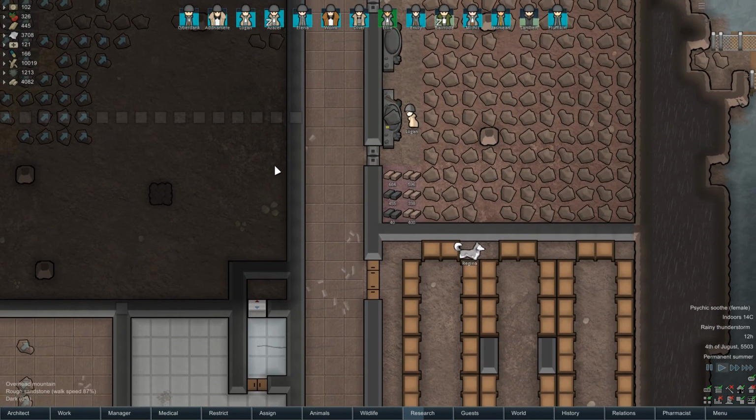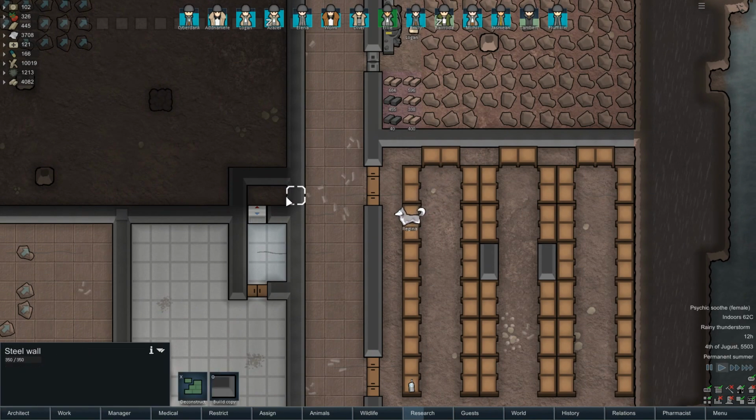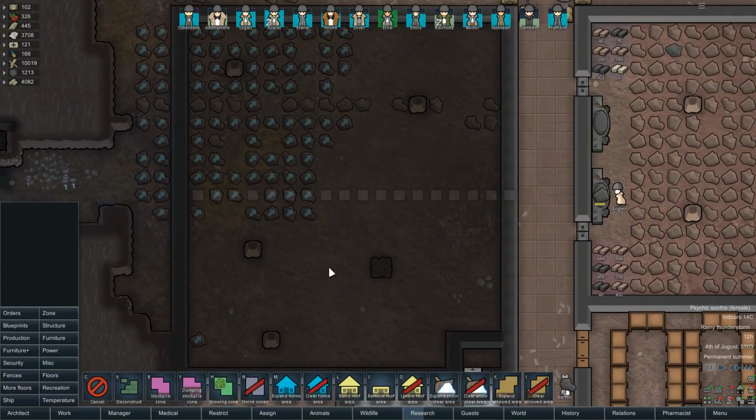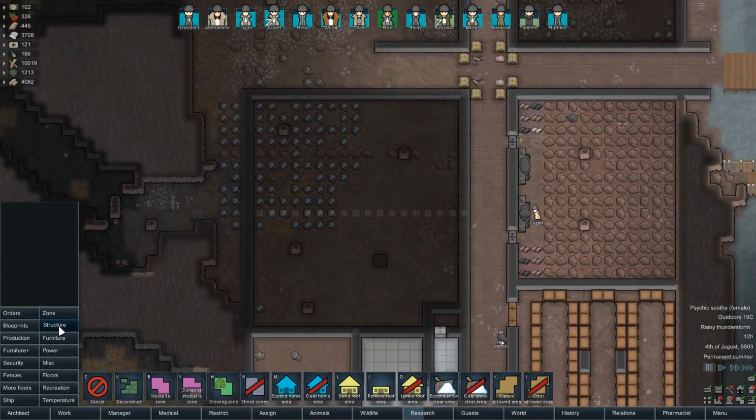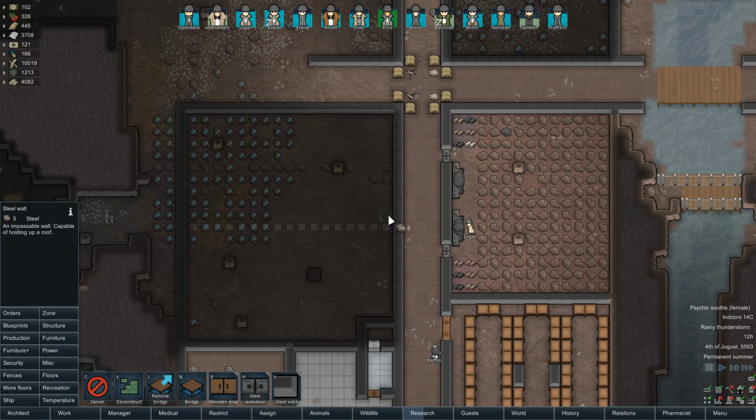What I'm really curious about is if the hot air will kind of transfer through the wall into the hallways. So I'm curious about that. It's already 91 degrees though, and it doesn't seem to be affecting anything, at least in the room next to it that's enclosed. So how did we say this was going to work? We're going to have 11 to one wall, 11 to the other. So this is the exact even spot. But how about,